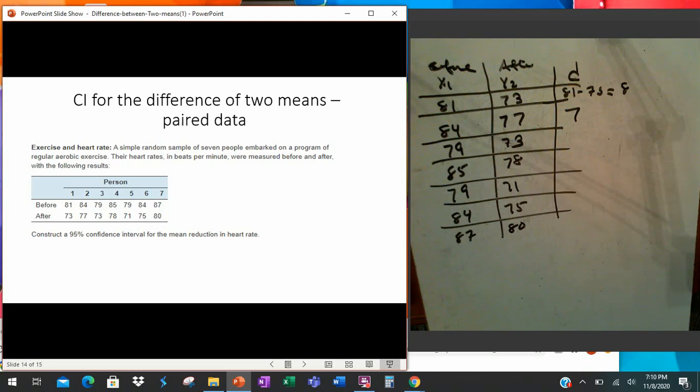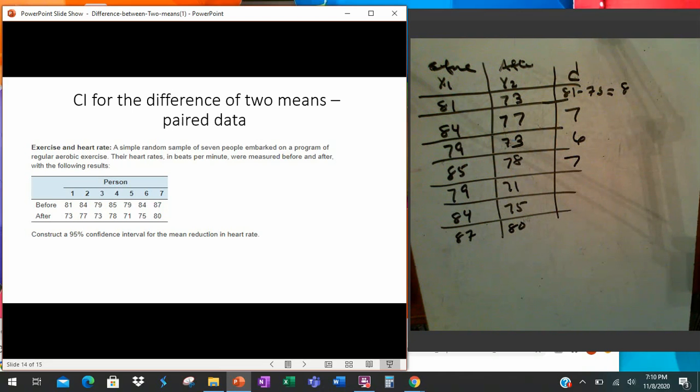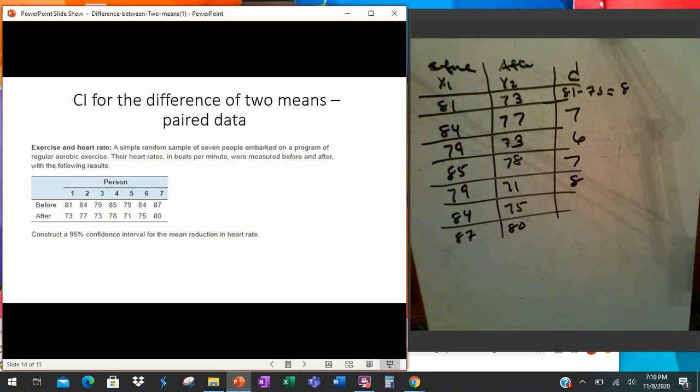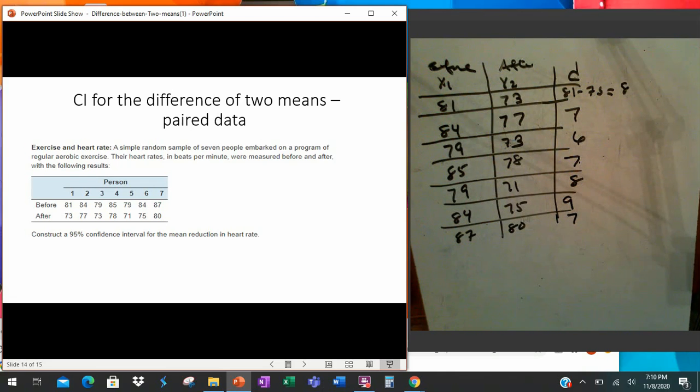Then 6, 7, 8, 9, and then 7. Okay, so I'm going to put this data into my L1